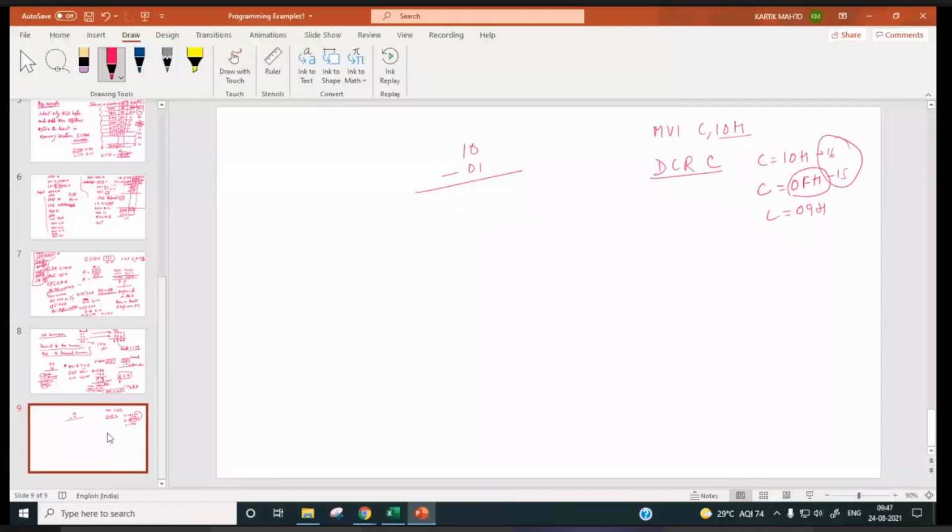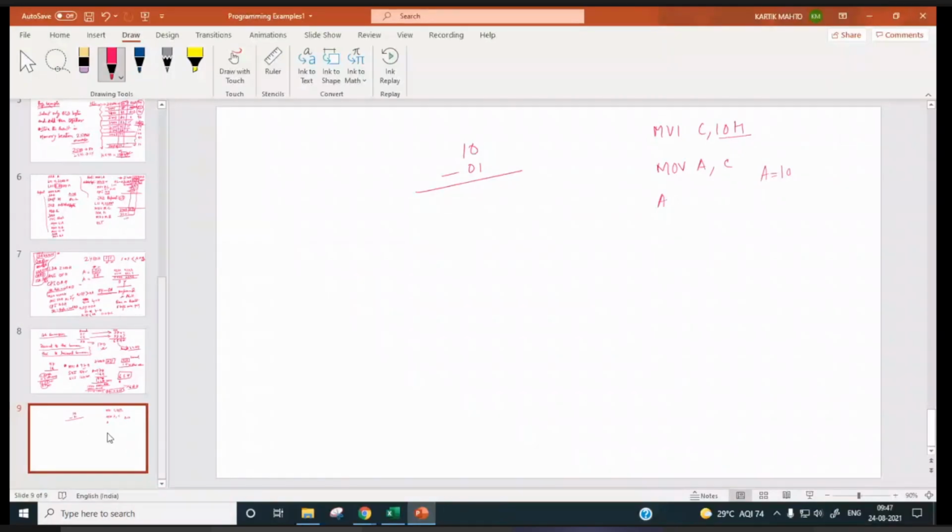So I will move this one to accumulator. Right, we have moved C content to accumulator. 10 will be A. Now sir, if we subtract 7, we will get 9. If we subtract 7 from 10, we get 9. So how?